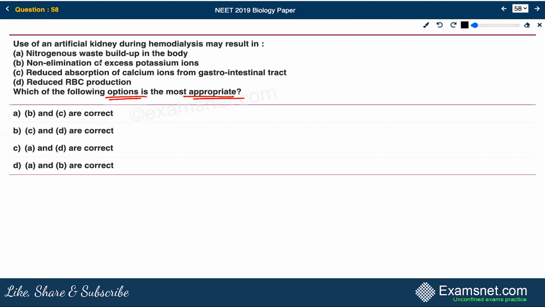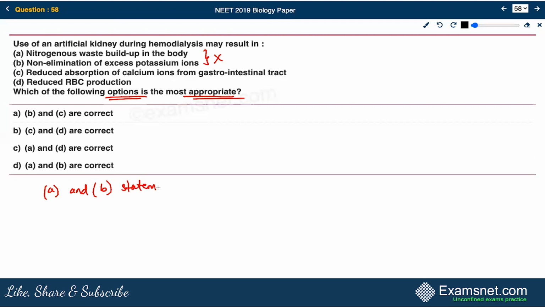Both these statements will be wrong. Why? Because during dialysis there is elimination of urea and also of potassium from the body. So you can say that statements A and B